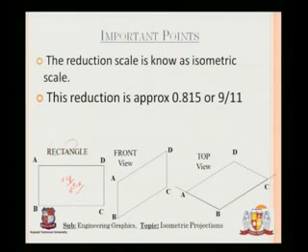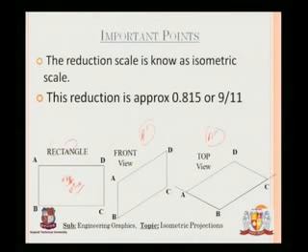Now this is the ortho view, and now I have the front view and the top view. When I am drawing it in the isometric system, I'll name this A dash and this A double dash. These both are isometric views, that is front view and top view. Now for front view and top view, as you can see, the length from A to D has either increased or decreased. You won't be able to make out by looking at it, because these are not at proper dimensions, these are just made to illustrate.